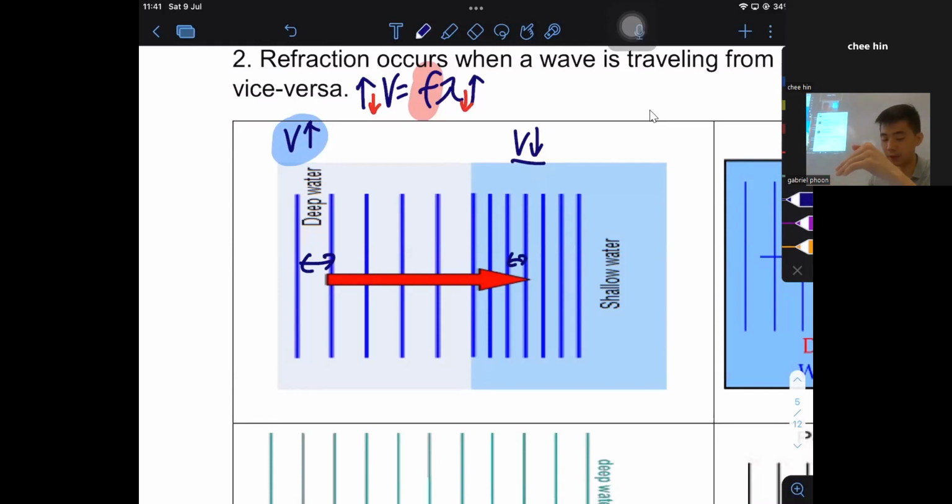A decrease in velocity will cause the wavelength to decrease as well. Understand? This is the first concept you need to understand. Because frequency is the same, the decrease in velocity will decrease the wavelength. Now, if you can understand the wave decreasing and increasing because of that,